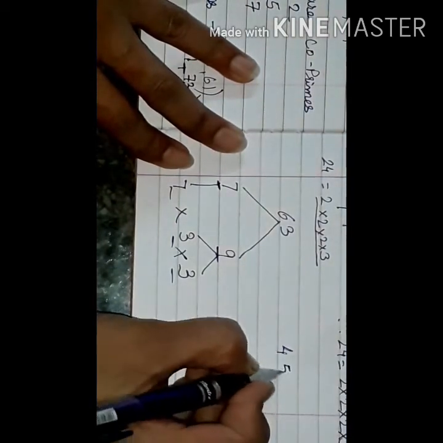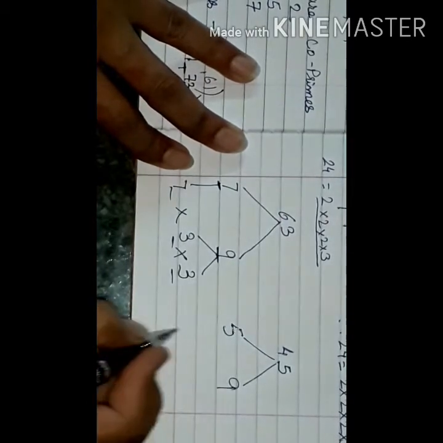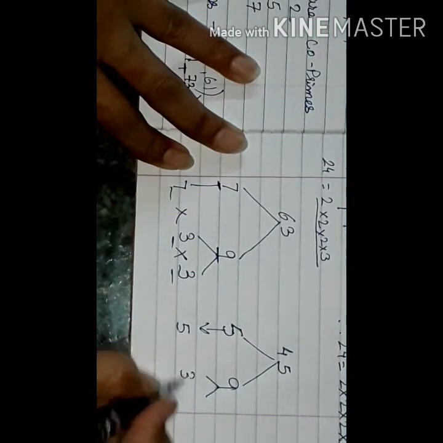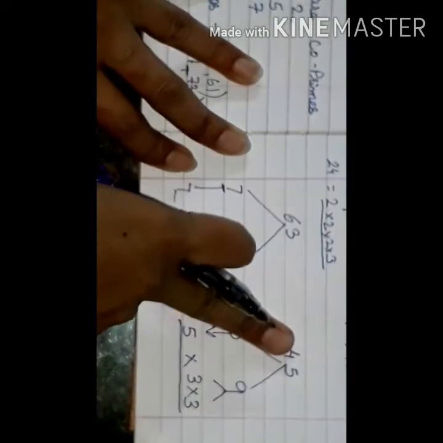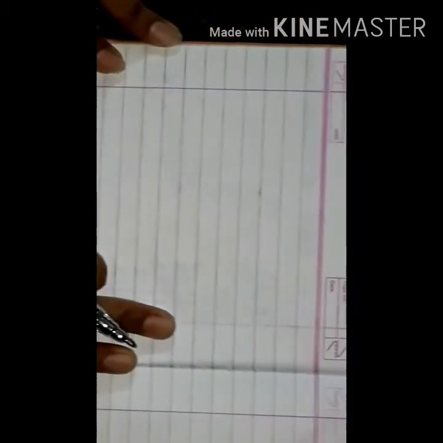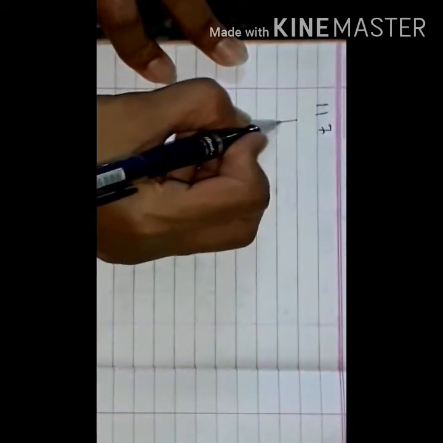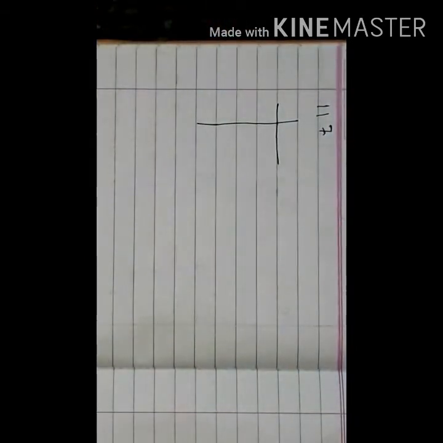Now 45. In the same way, 5 9s are 45. 5 is a prime number, so carry it forward, whereas 9 is 3 3s are 9. So when you multiply all three, you get the product 45. Got it? This is also one way of solving the sums. We'll take a bigger number now. In the same process, whichever process you find easy, horizontal or vertical, you can follow that and solve. You're going to get the same answer.